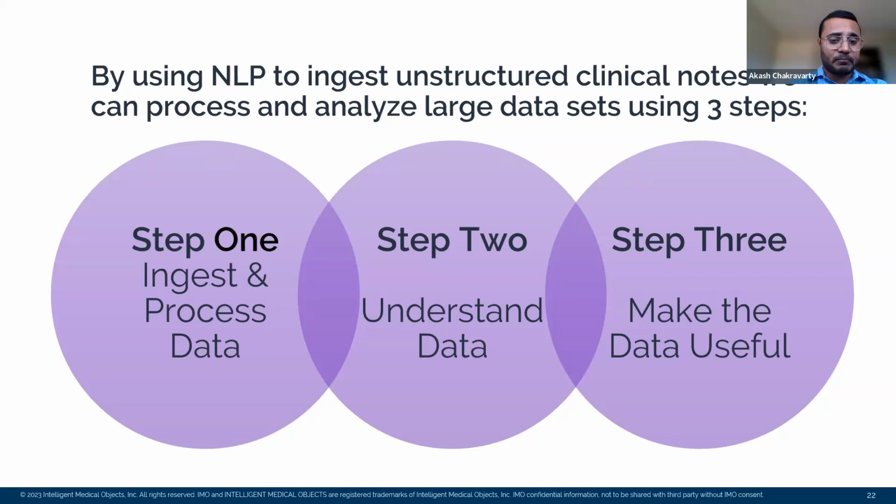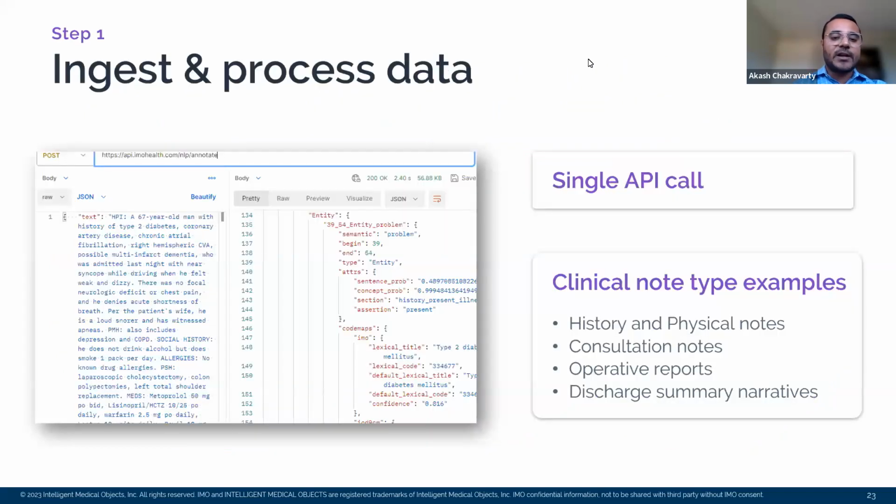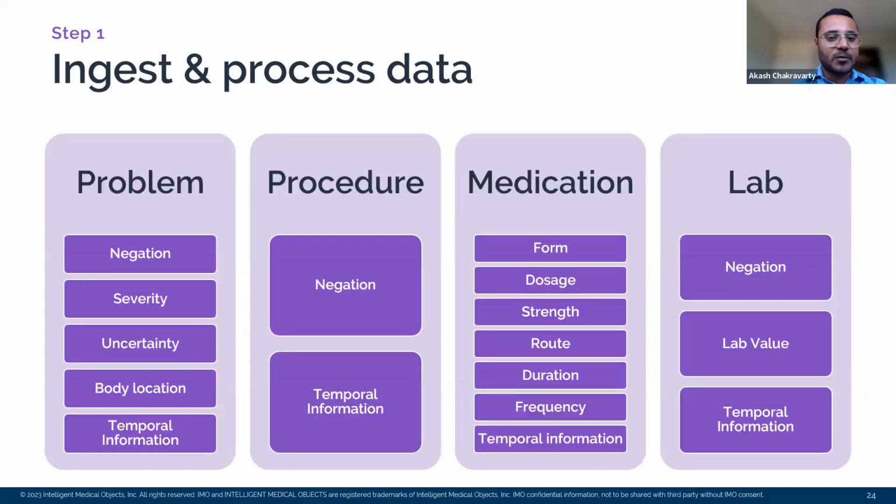On the next slide, you'll see that the NLP product can ingest data from unstructured clinical notes via a single API call. We have simplified it, so you can use a single API call to ingest and process the data. We can process text data from clinical notes like patient history and physical notes and discharge summary narratives. Right now, the product is offered as an API, but we are working on a user interface, which will be launched in mid-August. The next couple of slides show the user interface, but all the features that we will discuss today are available via API as well.